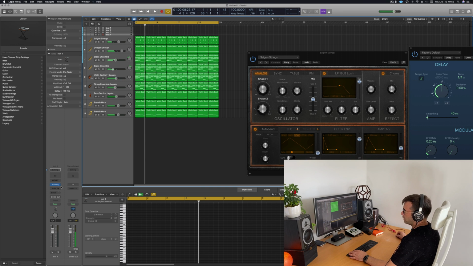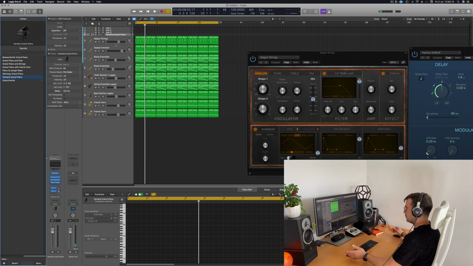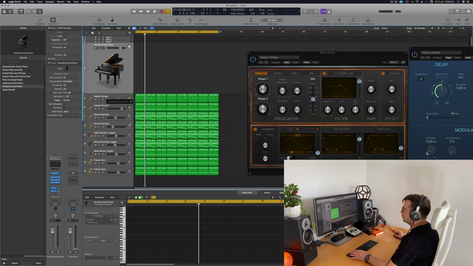Tempted to drop a piano on there, you know. I'm not like such a super composer. I tend to come up with some decent melody that are quite inspiring, but I want to keep it simple, so I'm gonna take a grand piano. I'm gonna try to drop a piano melody on there, not using a keyboard as you see, just using musical typing. I'm gonna pull that here, track zoom here, and then